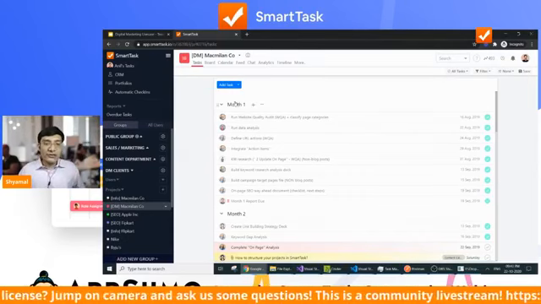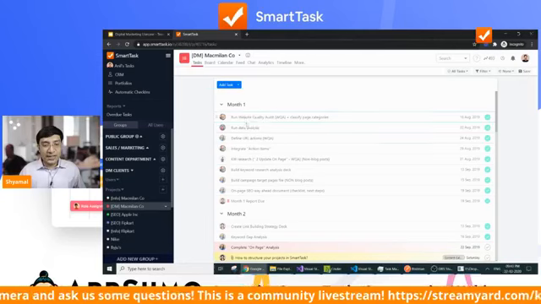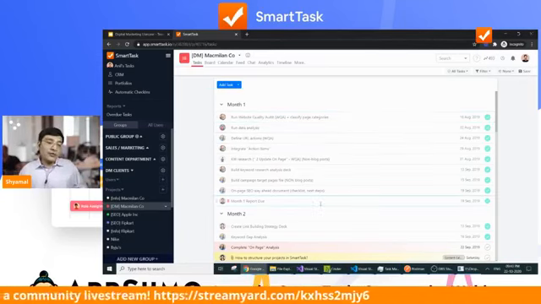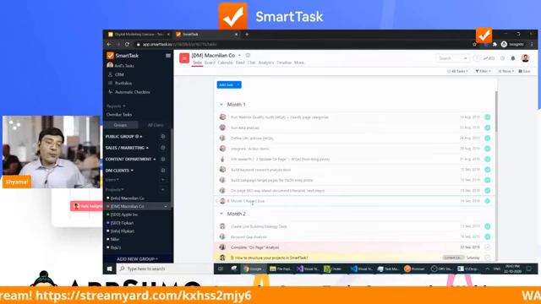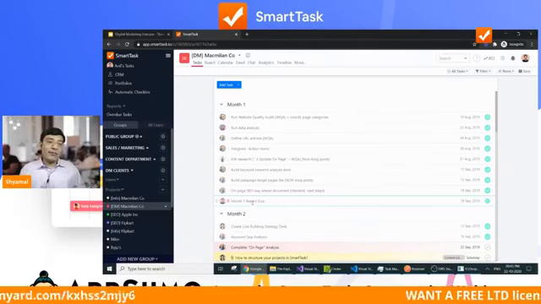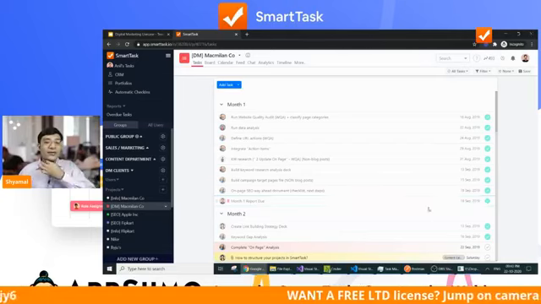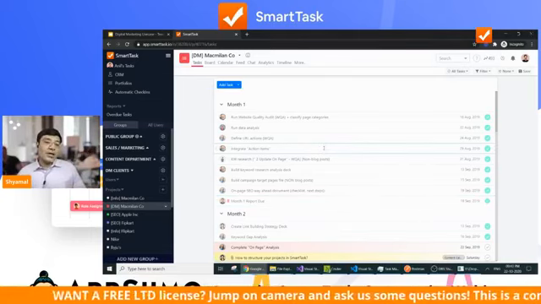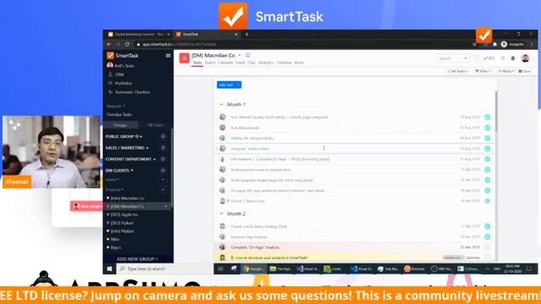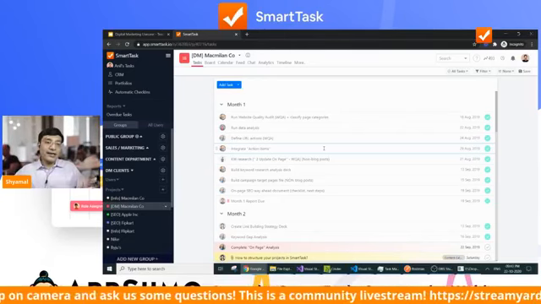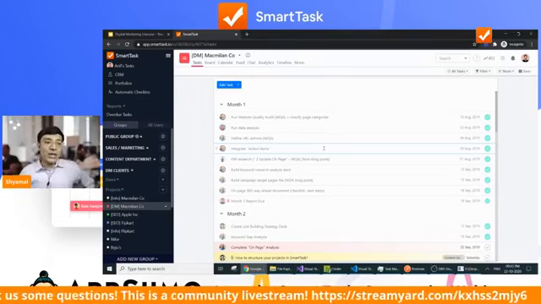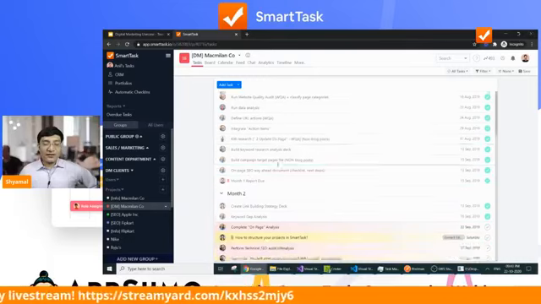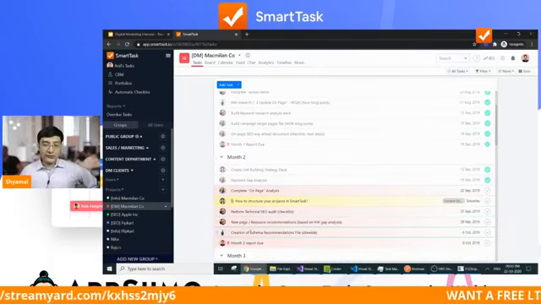So if you see in the structure here, you have month one, you have some tasks you execute, and by the end of those tasks, you have an end milestone that you hit. In this case, we are reporting all of the work that is happening in month one to the end client. So that is what I have set up as milestones. Of course, you may have different steps here. It's just to give an example of how you can structure your digital marketing workflow for a particular client. So here we have Macmillan Co. We have month-wise tasks, month two tasks, and so on and so forth.